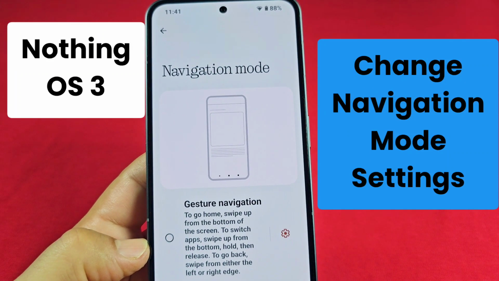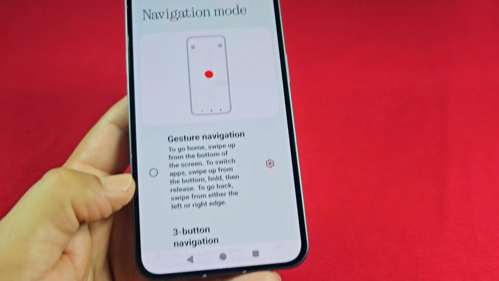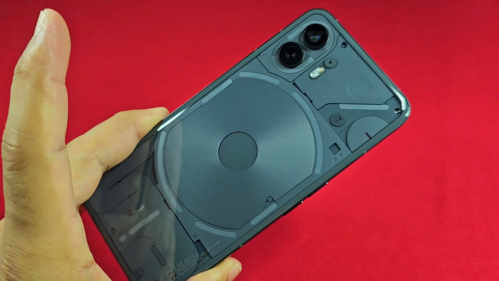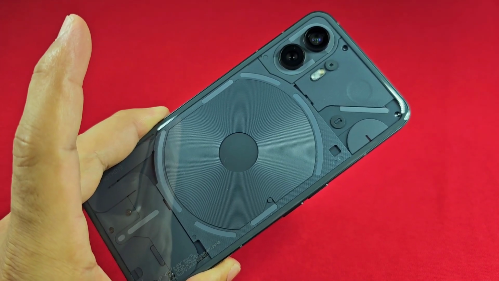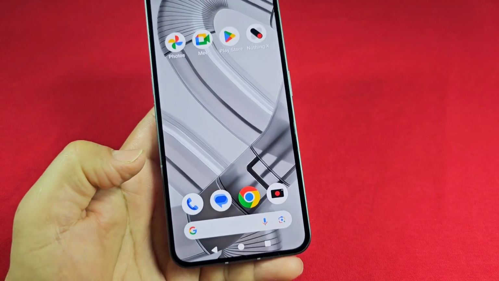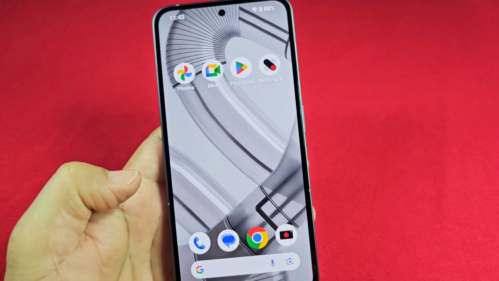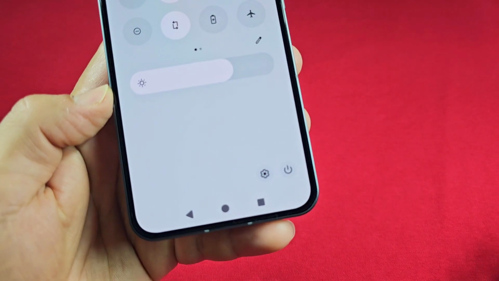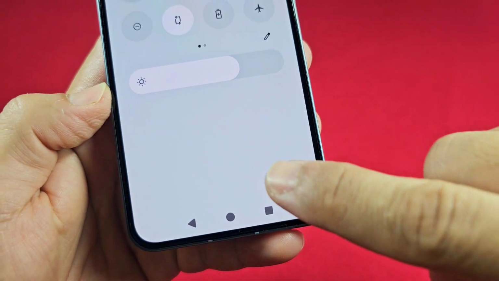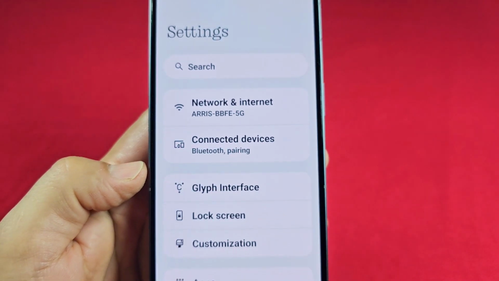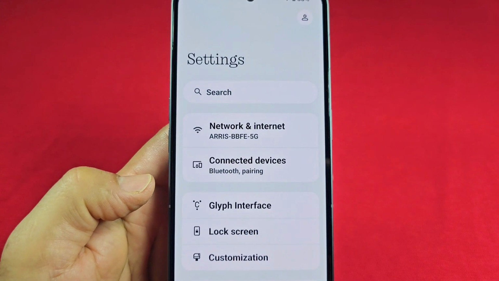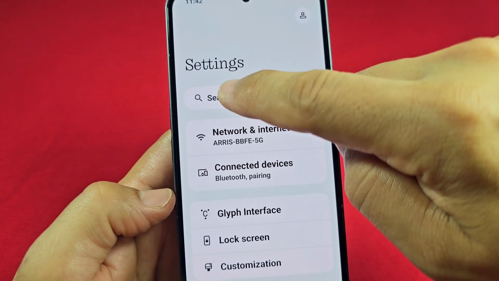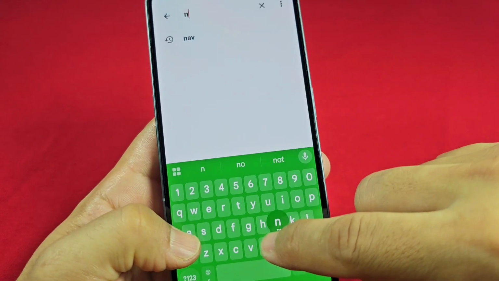How to change between the navigation buttons or switch over to the swipe gestures, and this is for a Nothing phone with Android 15. Whether you want to go with the three buttons down there or the swipe gestures, go ahead and pull down the quick access like this here, and you'll see the little settings toggle to the very bottom. Once you tap on that here, you'll be able to find all the different settings found on your Nothing phone. And once you can do this here, type in the search bar navigation